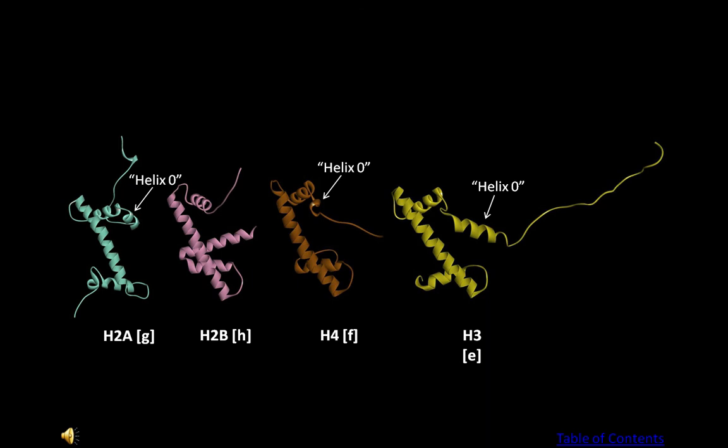H2b, the pink subunit next to H2a, is alone among the histone subunits in having no additional alpha helices in the N-terminus proximal to helix 1. Next is H4, the brown subunit. H4 does have helix 0, but it's pathetically small, having a length of only 3 amino acid residues, their sequence